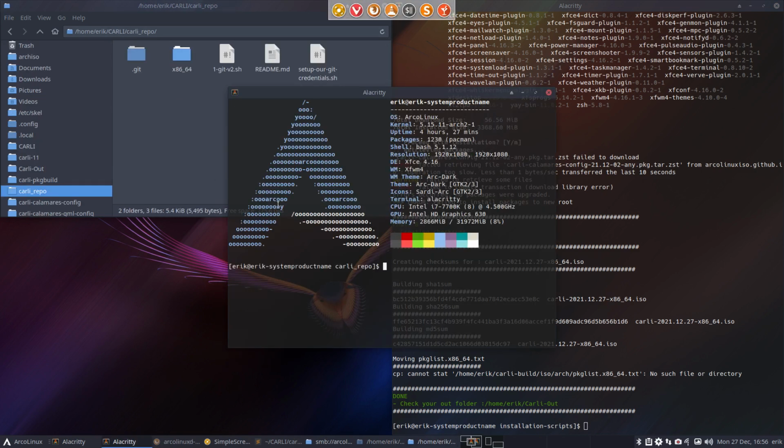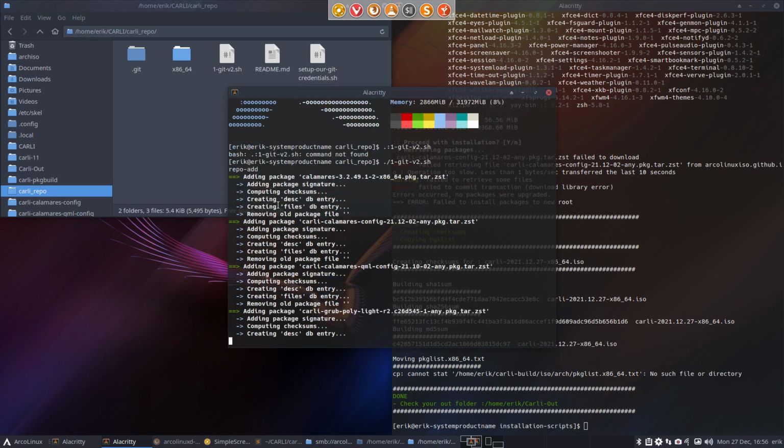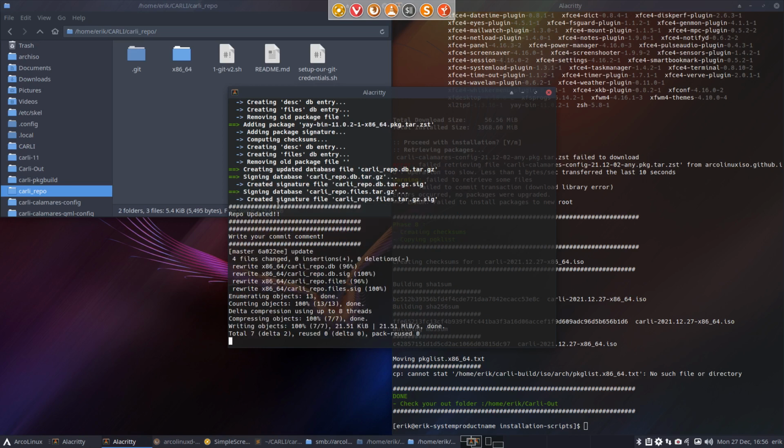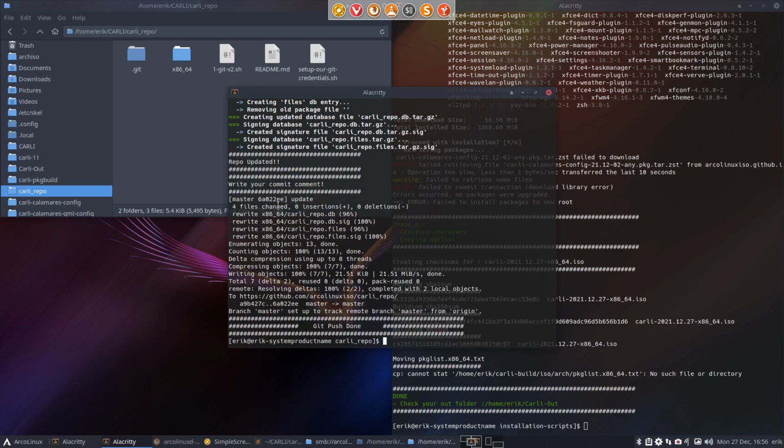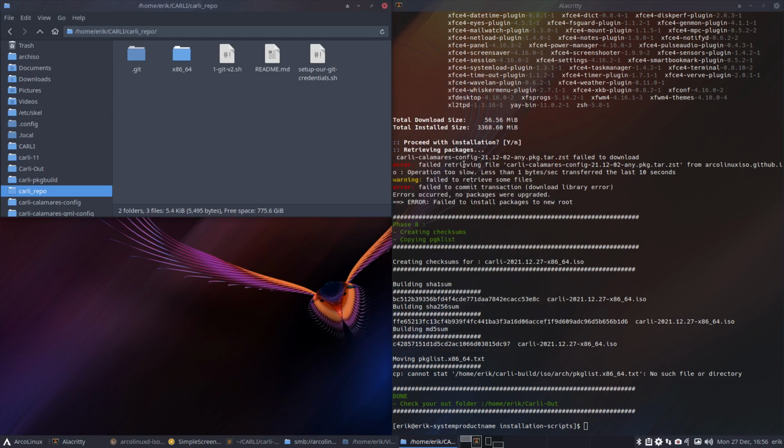Are there errors as well? Sending up. Sending it up and action. Voila, it's there. So how about getting it down again? The files are correct. Carli calamares config